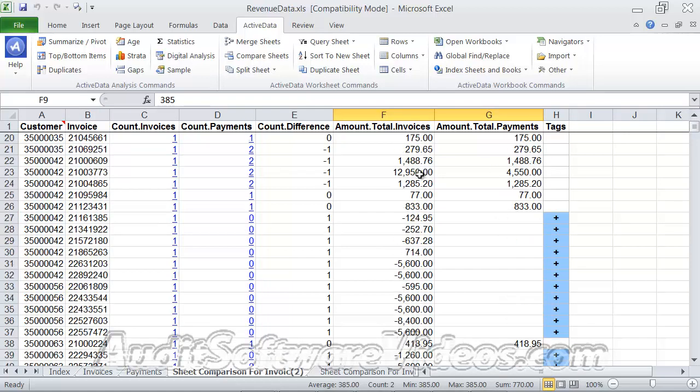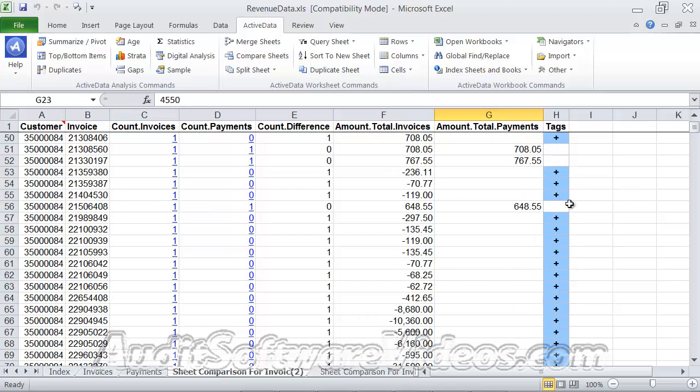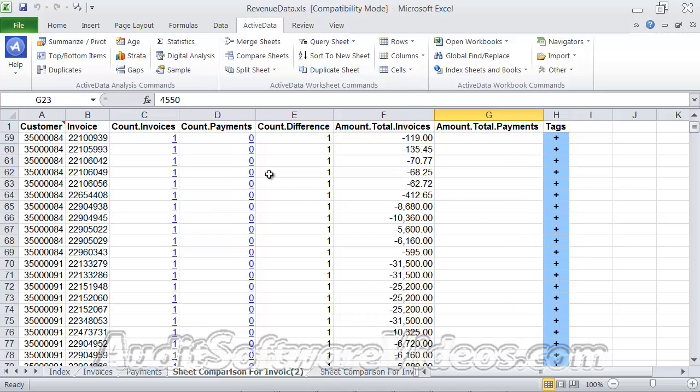You have ones where the invoice is 12,000, the payment was 4,500. May want to look at that. Why did they underpay that particular invoice? Et cetera, et cetera. So again, just showing you this compare feature,